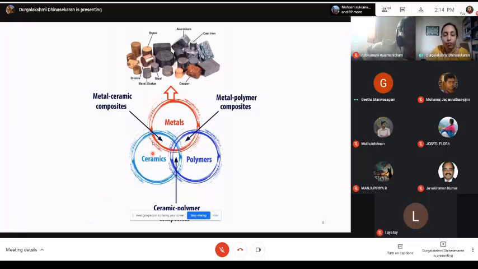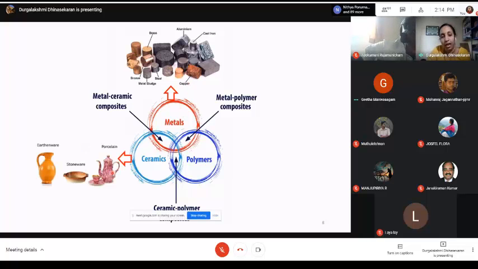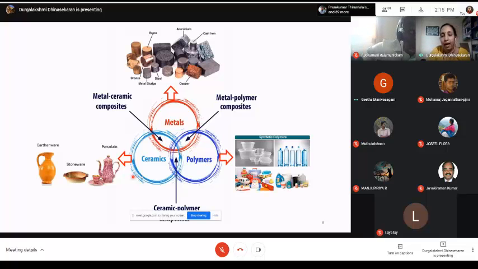In the case of metals, examples include copper, steel, brass and so on. Ceramics include ceramic pots, porcelain, mud pots and so on. Polymers are materials such as plasticware and toys. We can also use many materials at the interface of these regions, like metal to